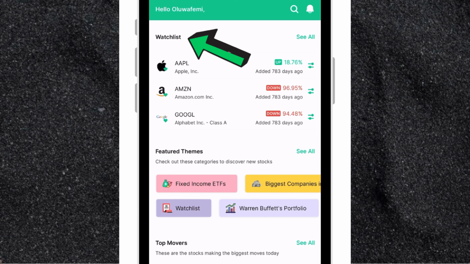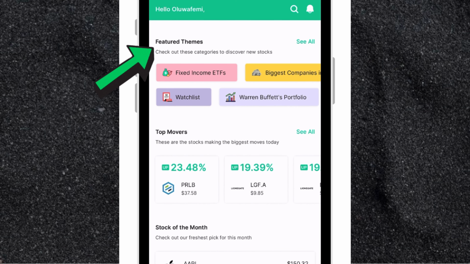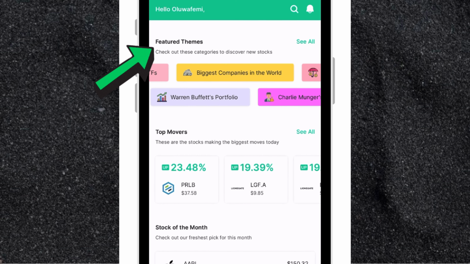You can add them to your watch list. So these are the stocks under my watch list on the Bamboo app. Now, what I love the most is where you have these featured themes, where you can check out categories to discover new stocks. So you can see you have fixed income ETFs, you have your watch list, you have biggest